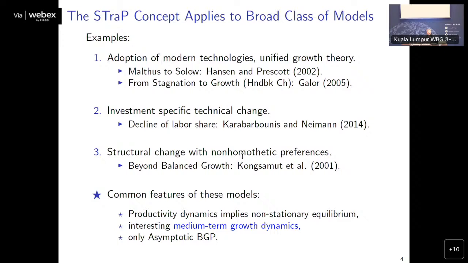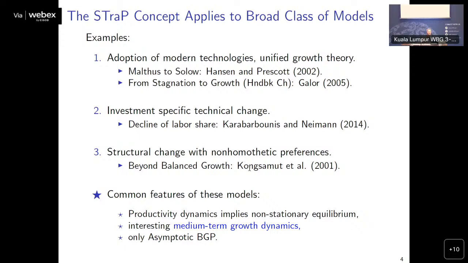So just to be clear, will your model also generate the features that Karabarbounis and Neiman show in the data, a decline in labor share? Our model, the model I present today, is not going to do that. What I mean to say is this dynamic concept called a STRAP can be applied to these models to characterize them in a way that they weren't characterized when they originally wrote the paper. The people solved only from an initial condition. You could never distinguish what was driven by initial conditions and what was driven by the actual productivity processes that they had written down.